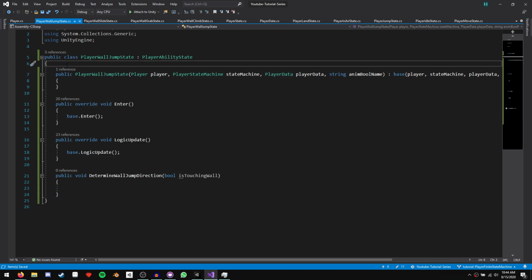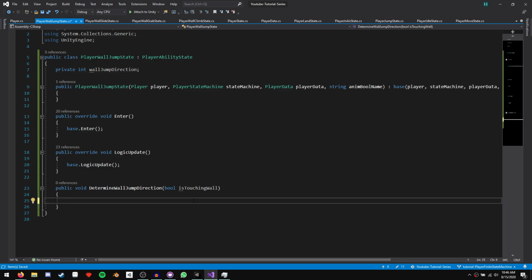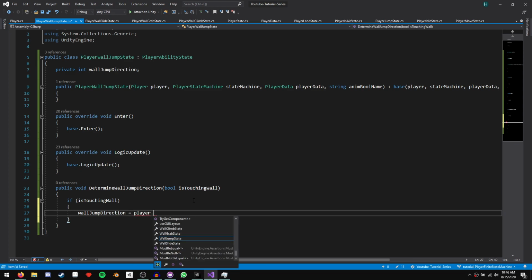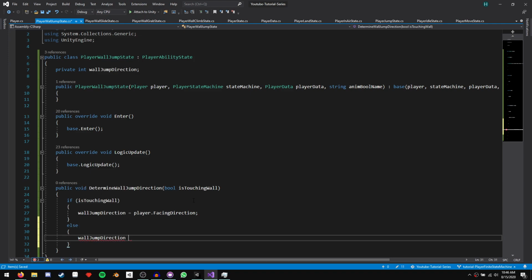So we have to come up and declare a private int that's going to store our wall jump direction, like that. And now inside this function, all we say is if isTouchingWall, then our wall jump direction is going to equal player.facingDirection, else wallJumpDirection is going to equal negative player.facingDirection.